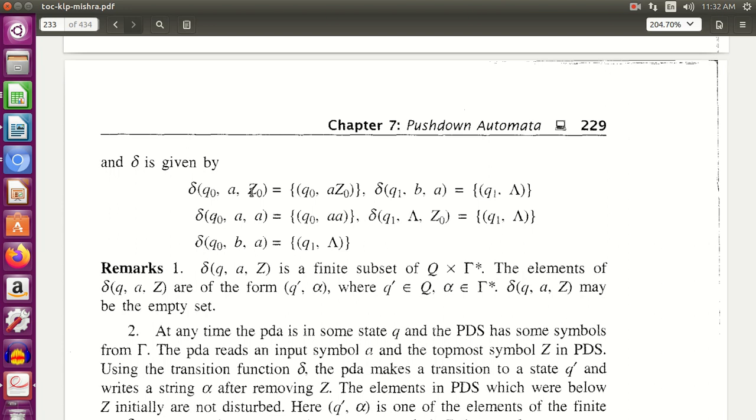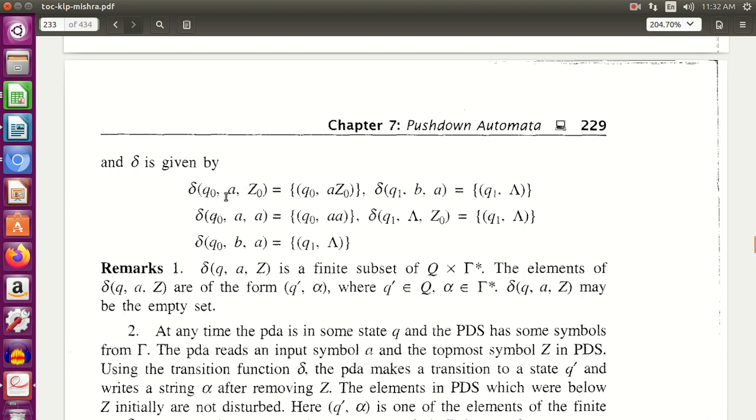So starting off with the construction of the transition function of this push down automata for a to the power n, b to the power n, the first transition is: q0 is your initial state. I am in q0, and since the kind of string that I am going to get is a to the power n, b to the power n, obviously a will be the first thing that I will be getting. So I am in state q0, I get a, and what is this? This is the empty stack, because till now I have not pushed anything inside my stack.